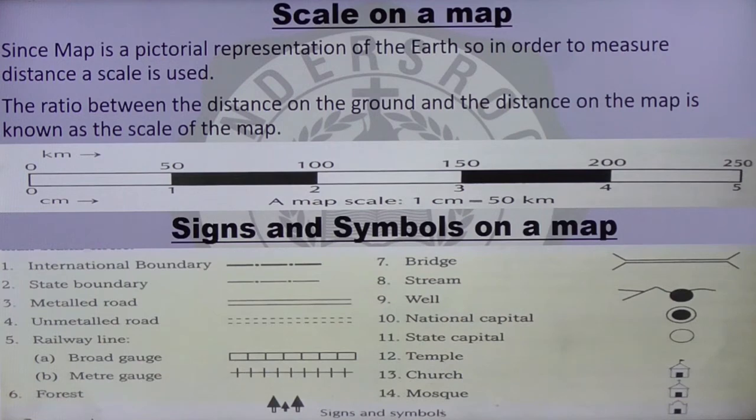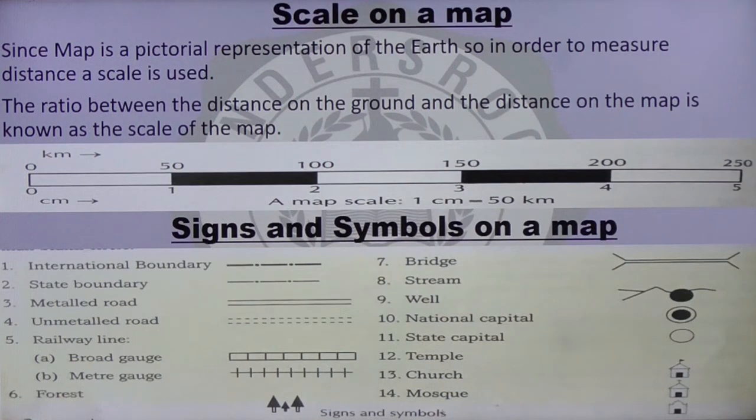Road which is good and metalled, which has star on it, that is represented by 2 straight parallel lines, and an unmetalled road basically is shown by dotted lines which are again parallel. And then you have railway lines, broad gauge, meter gauge. So broad gauge will be small rectangles joined together, and then the meter gauge is like the number line that you draw. Did you see that?